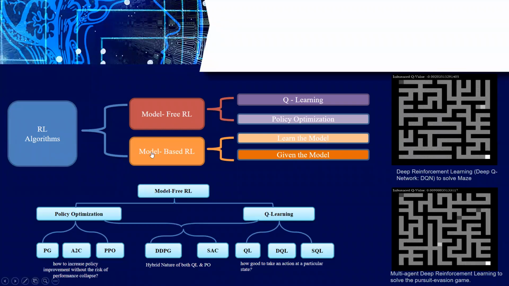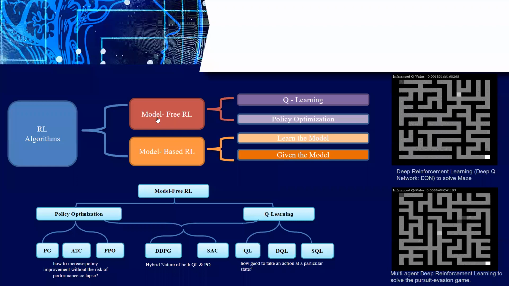Model-based means, I already explained, right? Before going to the next step, we should estimate the future reward. Before deploying a real-time model, we have to train our model with some simulated data, and then we can directly place that model in the real-time environment. So it has a kind of knowledge. Using that knowledge, it can understand what the next reward will be. That's why here you can see "given the model" and "learn the model".